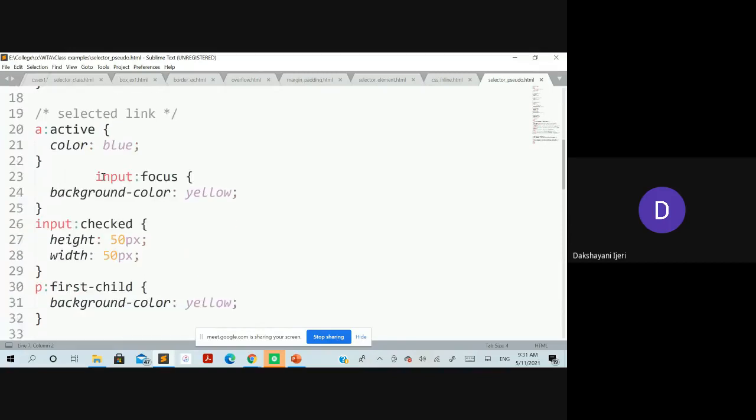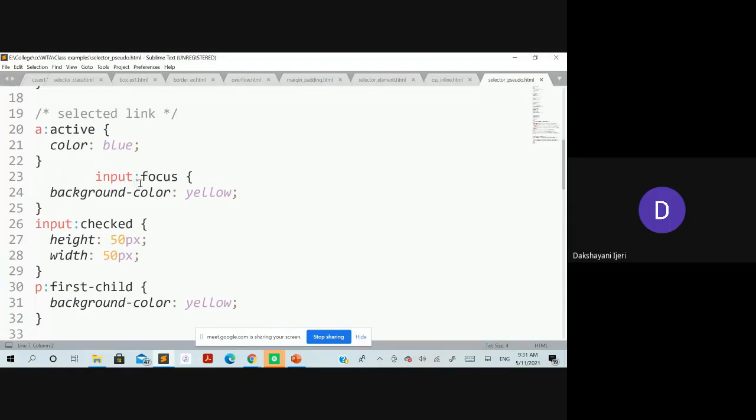The focus, in the sense, right now you are not aware of these elements because I have not discussed the form elements, right? So just try to analyze these examples here. When I start the second module, there you will come to know the elements related to form creation. Right now, just understand that the input elements are the ones used for creating the form element to take input from the user, right?